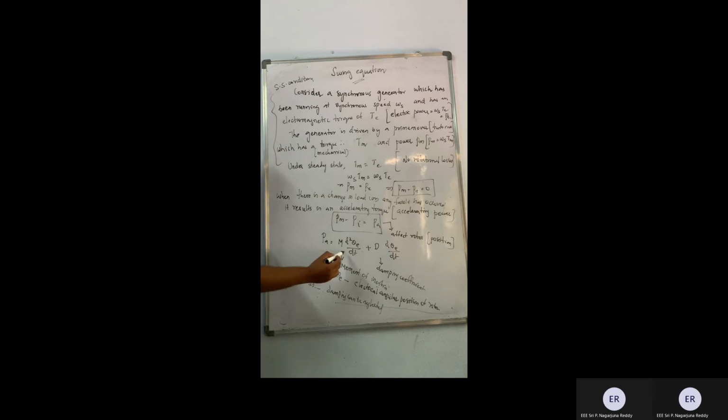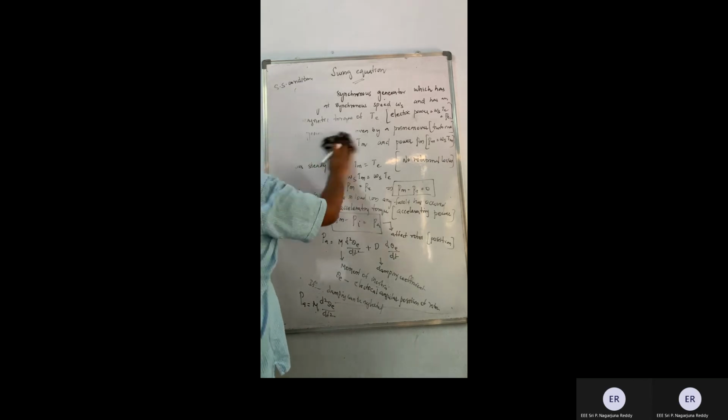So what is my final expression? Pa is equal to M into d square theta E by dt square. Okay, so this is the expression. I'll write it down here: Pa is equal to M into d square theta E by dt square, where M is the moment of inertia and theta E is the electrical angular position of the rotor. Now, remember your machines, synchronous machine, rotor reference frame, etc.